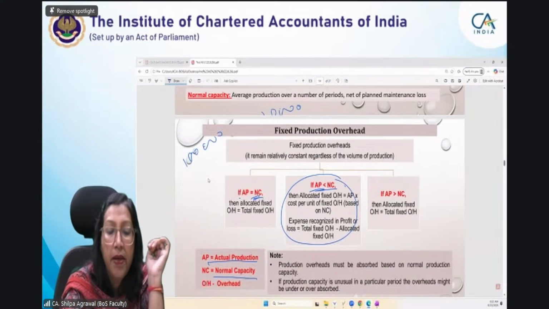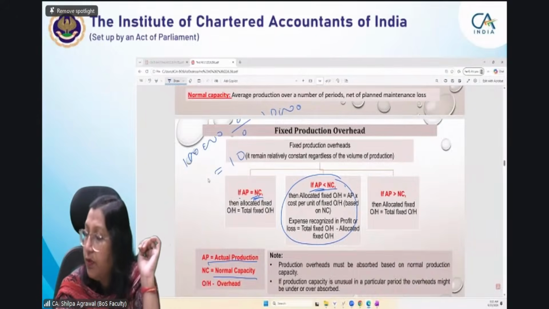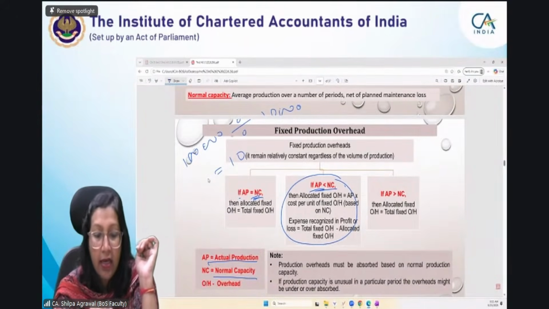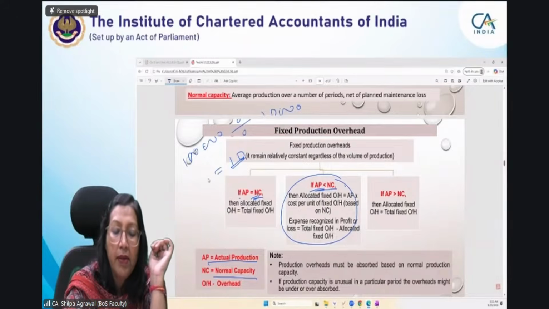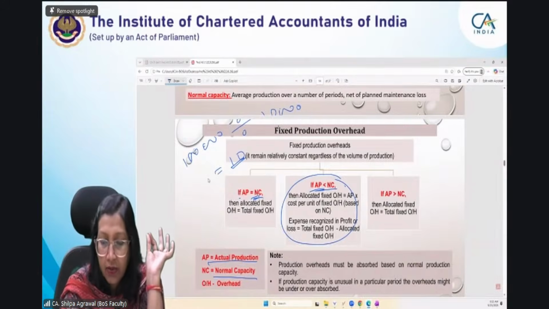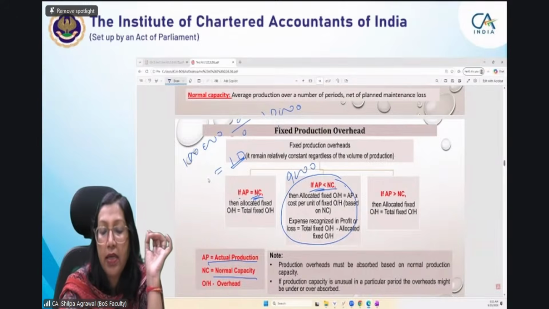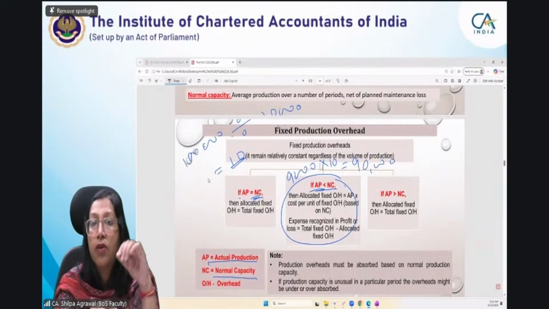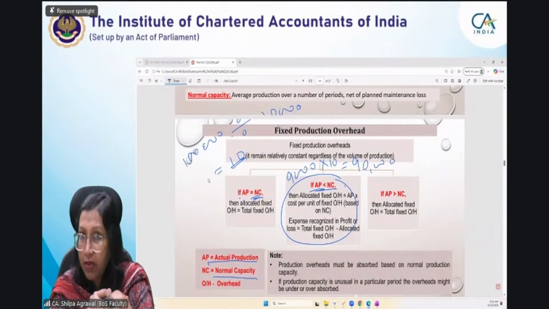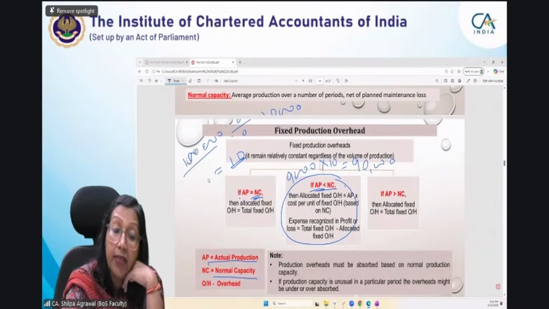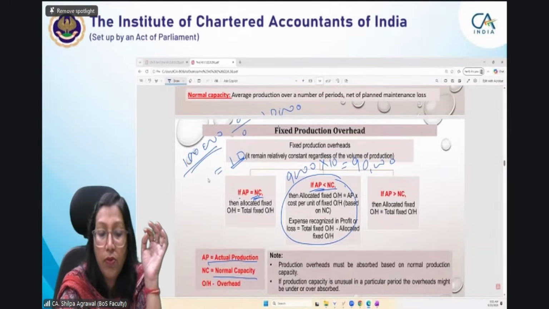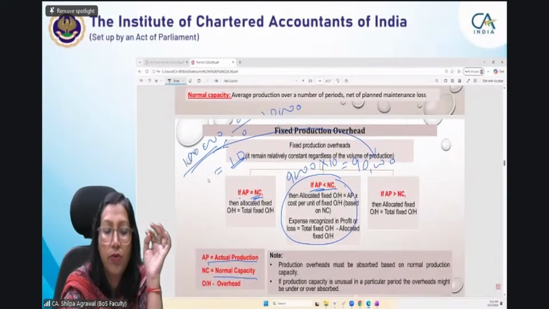In that case, per unit cost comes to rupees 10 per unit. Is it okay? 10 per unit? Yes. Now, 10 per unit will be allocated in case your actual production is also 10,000 units. So the entire 1 lakh will be utilized. However, when your actual production is, say, 9,000, you will allocate 9,000 into 10, that is 90,000, which will be capitalized as cost of inventory, into the inventory value. But our actual fixed overhead is 1 lakh. So now the question arises, what to do with the difference of this 1 lakh and 90,000, that is 10,000.